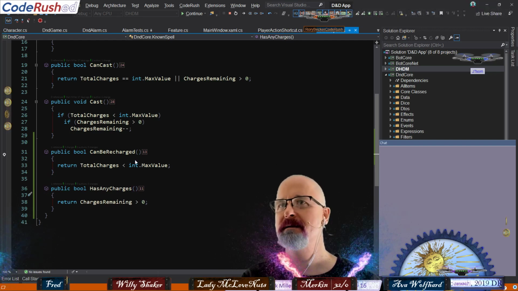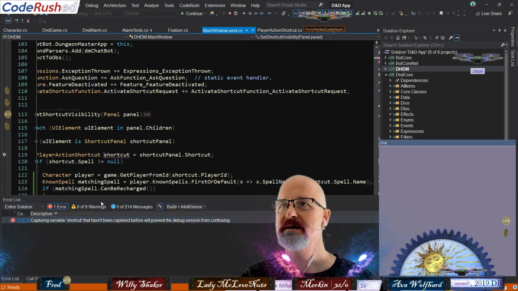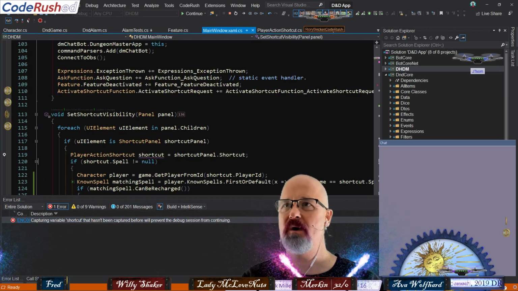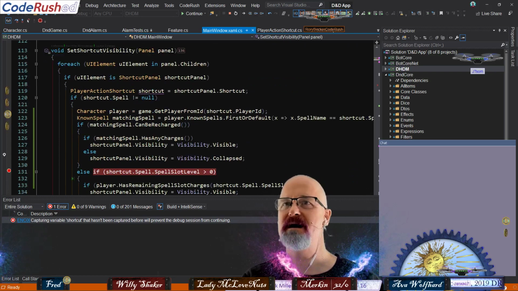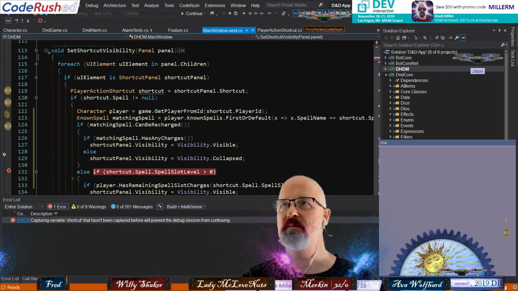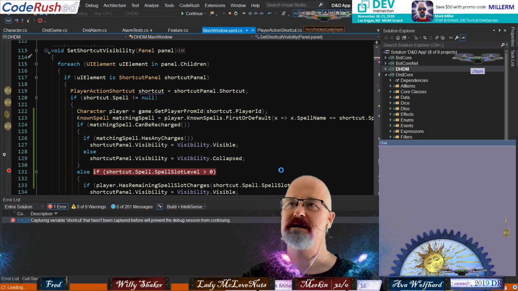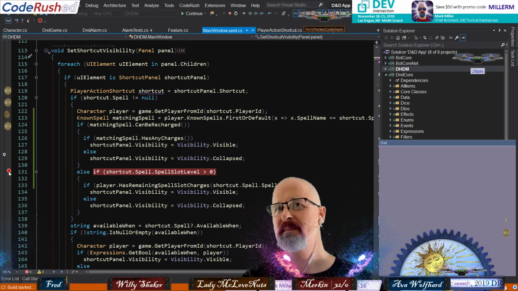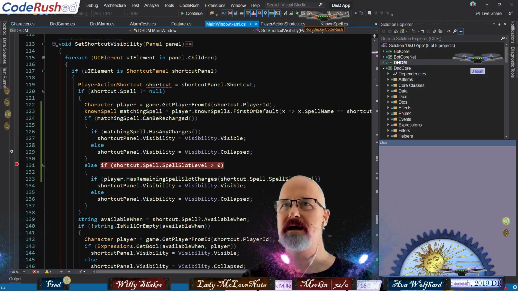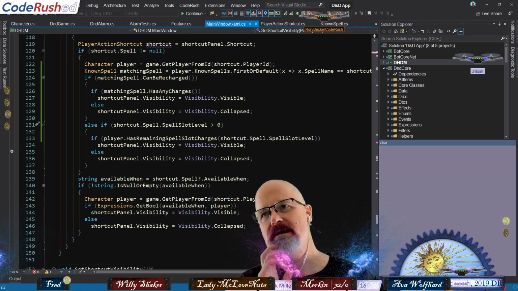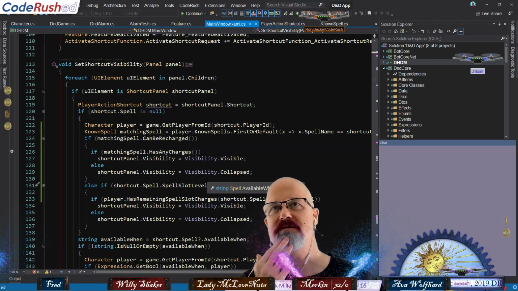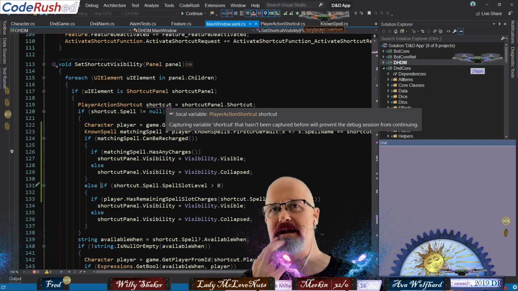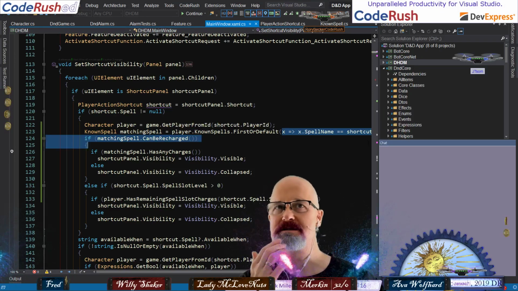Let's edit. Yeah, it doesn't like capturing shortcut. Why? Because I got first or default in there. Is that my problem? If I come way on out of here, whoops, I just clicked enter and it says I'm going to restart it. So we're restarting. This is the thing I don't like about using these LINQ functions, like first or default: they kill you for edit and continue.